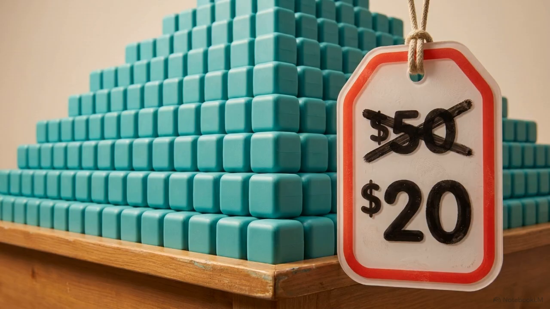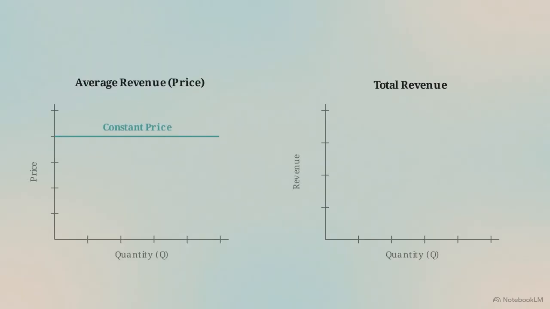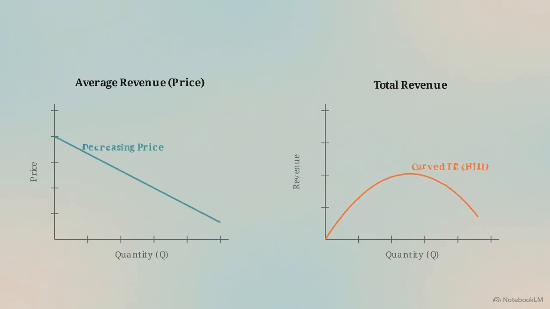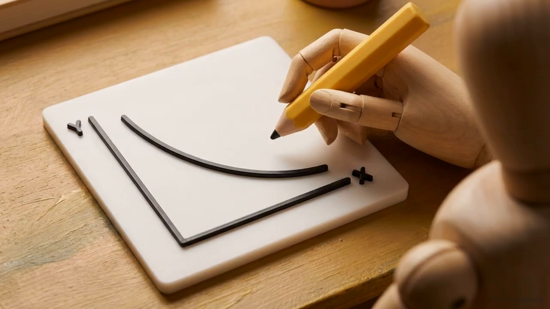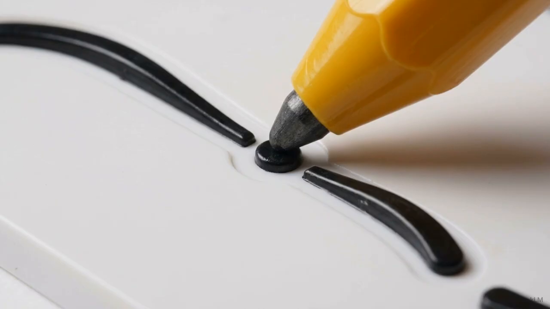its average revenue when it tries to sell more. In a market with constant pricing, the flat average revenue line produces a straight, ramp-like total revenue line. When a business must lower prices to increase sales volume, that downward slope in average revenue creates a curved, hill-shaped total revenue line. If an exam only provides an average revenue graph, you can still find the total revenue for